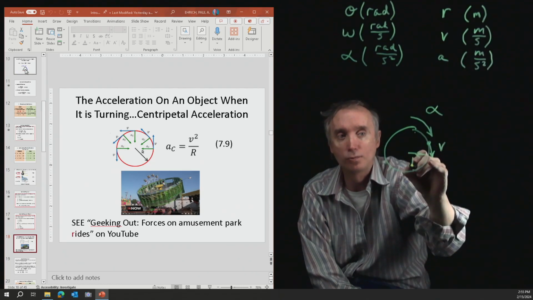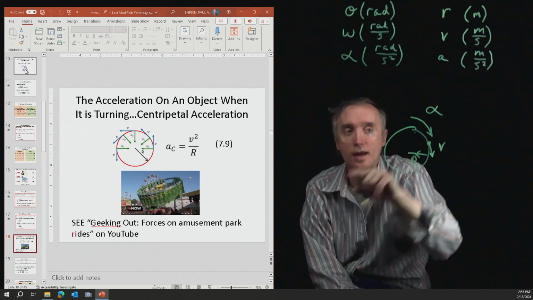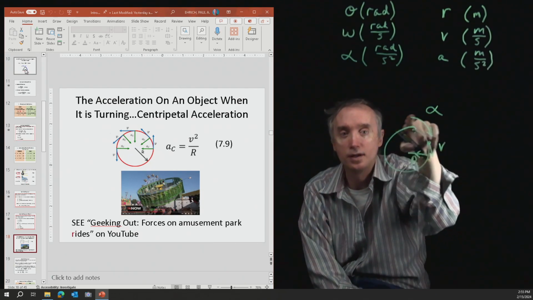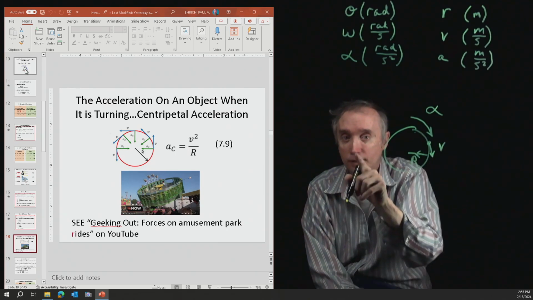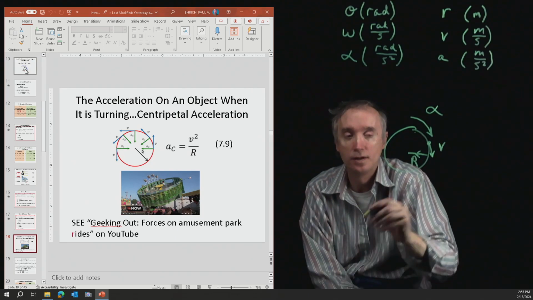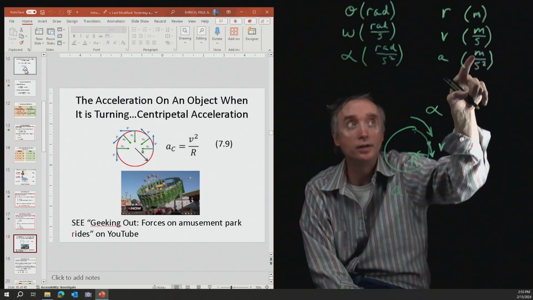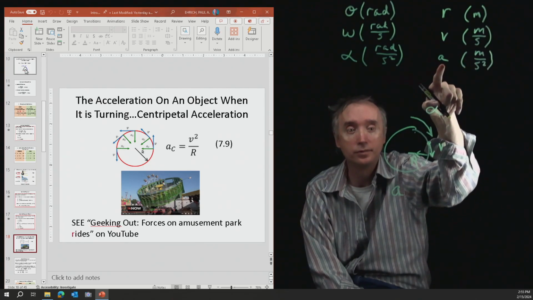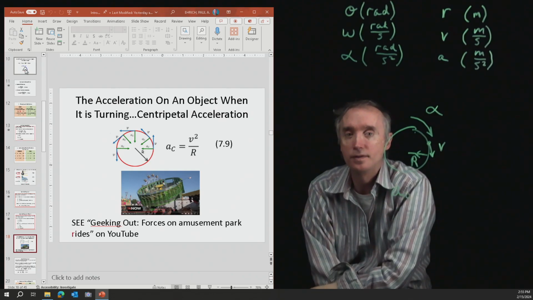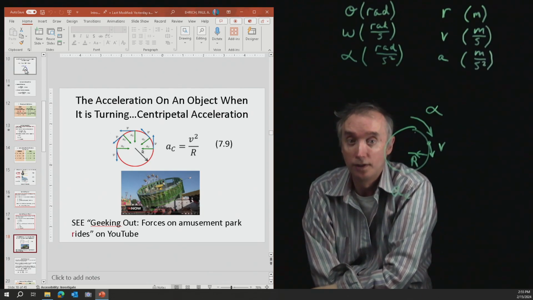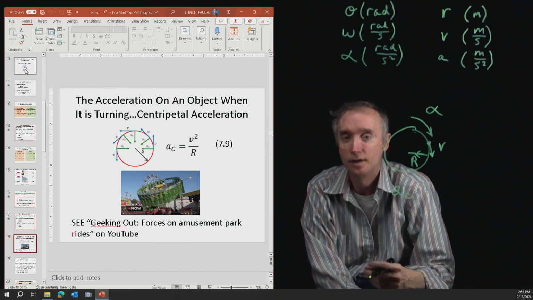This is the radius of the circle. As it goes around and around, it's going to produce an acceleration given by that formula. It will be in meters per second squared, but we put a C on there to indicate that it is centripetal acceleration. So you experience this